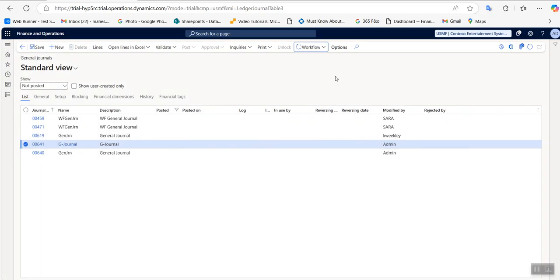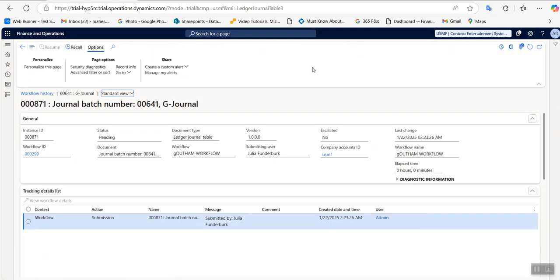Now I will go to this particular workflow, view history. We have created one step of approval. Okay, so we are able to view the